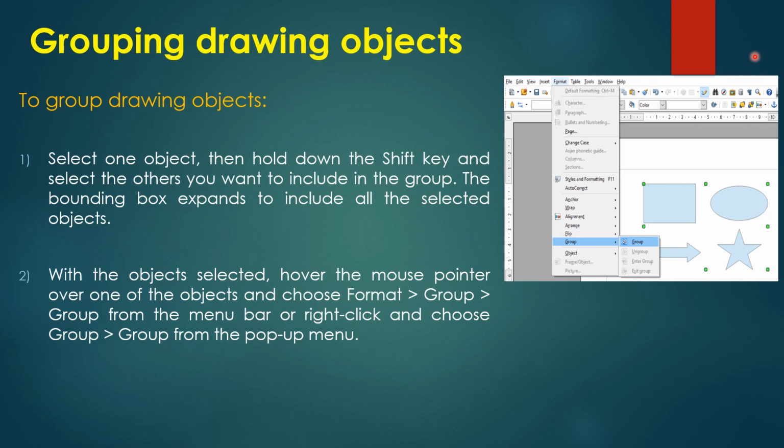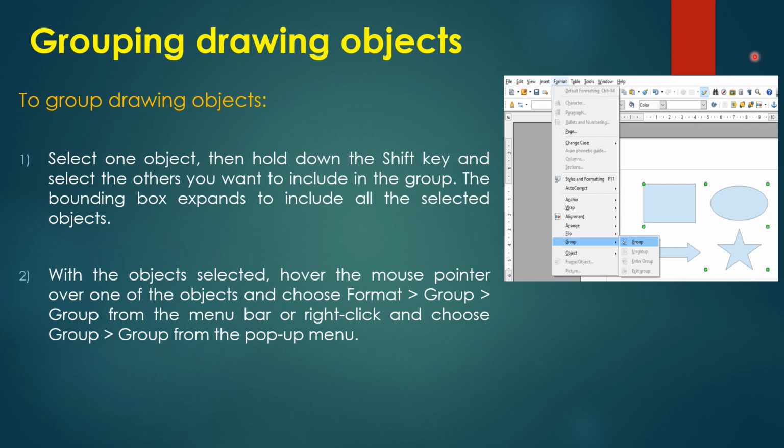Means when you do any changes on a particular unit or a particular container. For example, if you want to change the border size of all the objects, then you can group them, and at a single click you will change the properties of all the objects. But it is possible when you group all the different kinds of object.